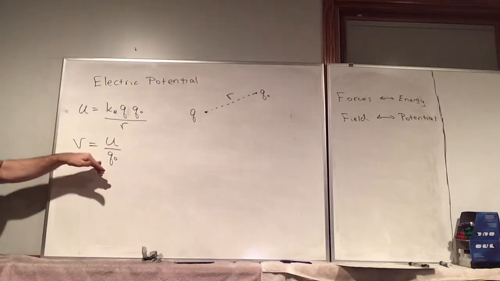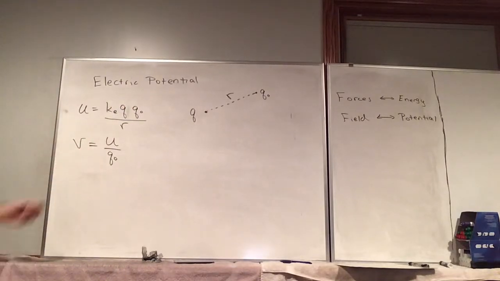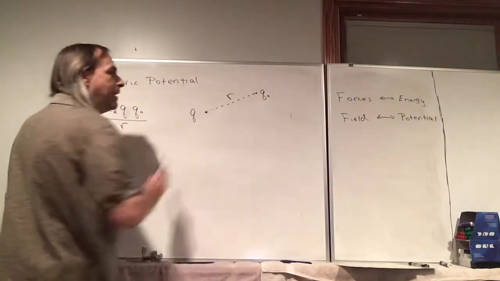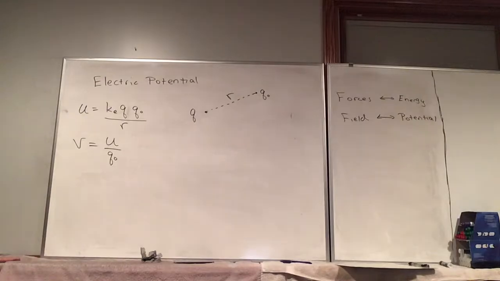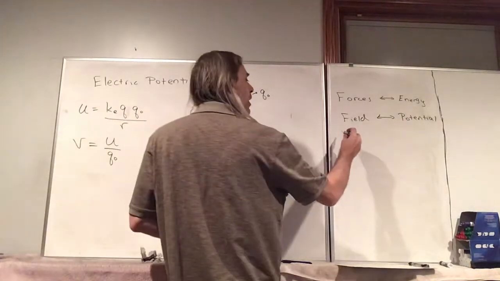But then we're going to divide by this extra 2 here. And so the electric potential doesn't depend on this charge at all. We can define it to be just a property of Q itself. So the potential due to a point charge